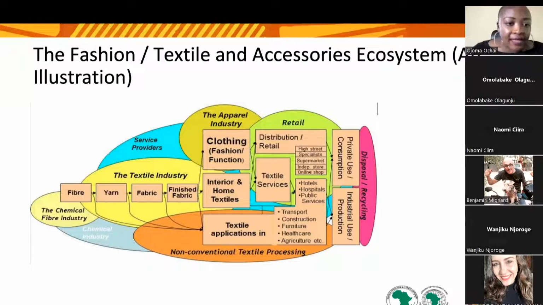For the fashion sector, a lot of the things that are produced begin with the chemical fiber industry, which is the industry that results in the making of the fabric if you're making clothes. So if you're using cotton, for example, in your clothes, you need to at least know at a basic level where the cotton comes from. Even if you're going to a market in your city to buy it, where is it imported from? Where is it produced in the country that it is imported from? Why is this important to know?